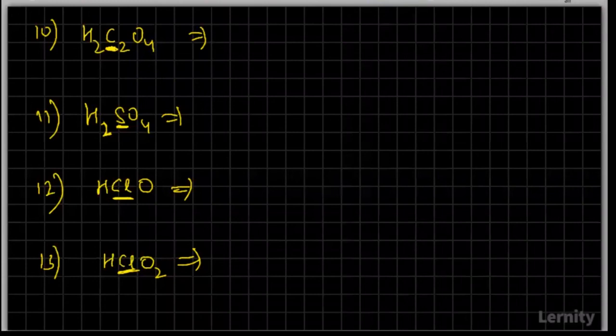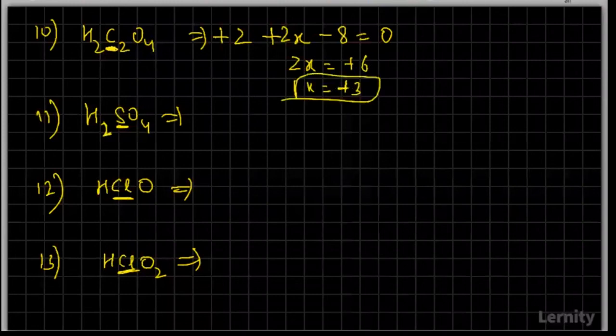Okay, so see here, in case of oxalic acid, which is also known as ethane dioic acid, the oxidation state of hydrogen is +1. So +1 into 2 is +2, and here it will be +2x, and -2 into 4 is -8, which equals 0. So 2x is equal to +6 and x equals +3. Hence carbon has +3. Yeah, good. Most of you are still answering. So in this case it will be +3.